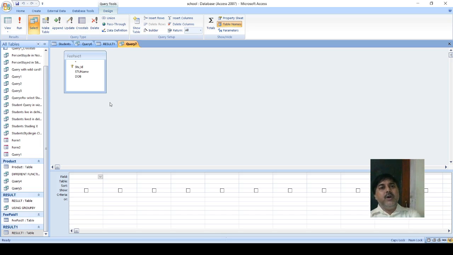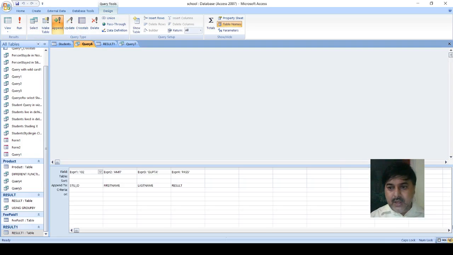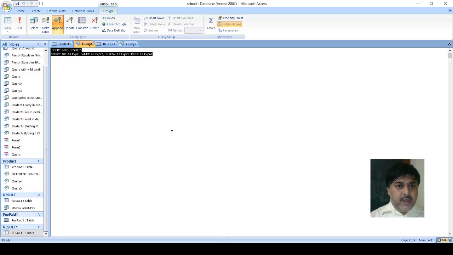Okay, so this is how you can see it. When we are seeing SQL design view, when you go on SQL in design view, it will come again. So you can find it from there also, or you can go from here. See, there is also SQL view. If you click it, see, this is the thing we have done, isn't it?